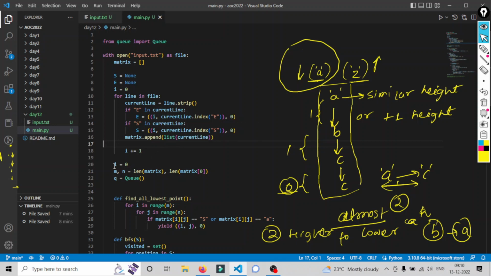Now let's move here. Here I'm just calculating the total number of rows and columns. Similarly here I'm setting I to 0, because I'm using I in this code, so I don't want I to start from somewhere else. Since we are using BFS here,